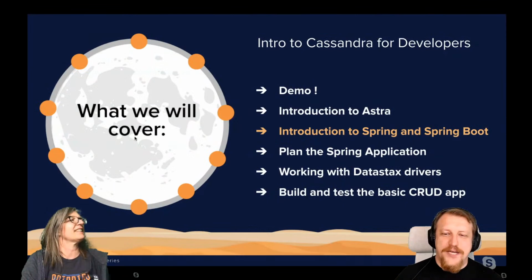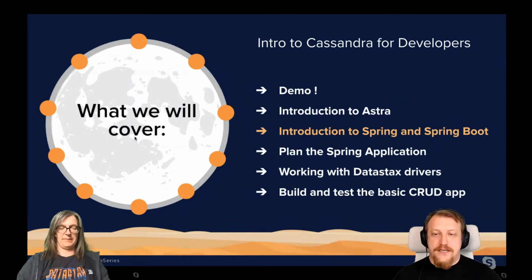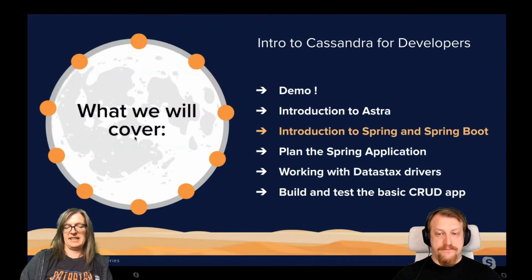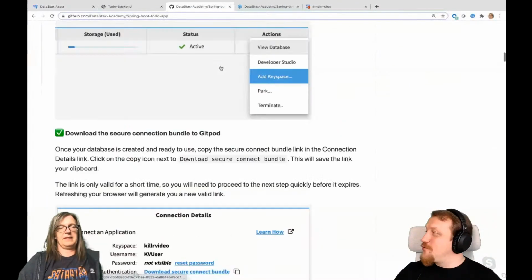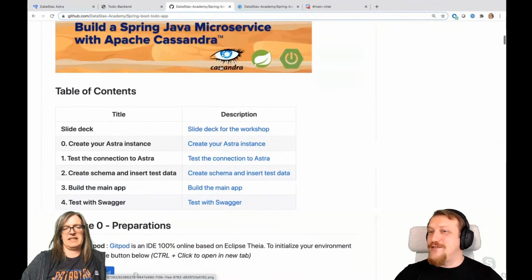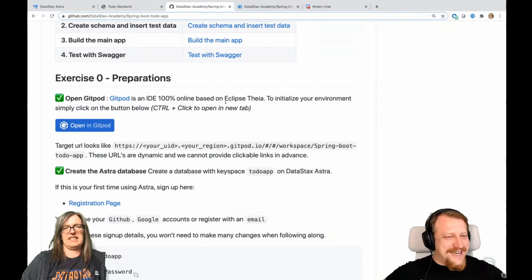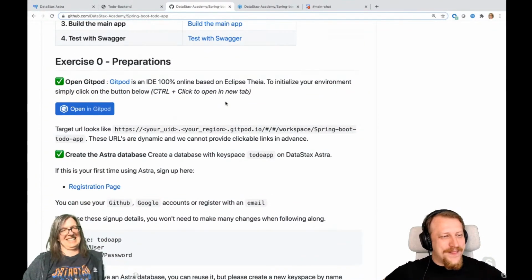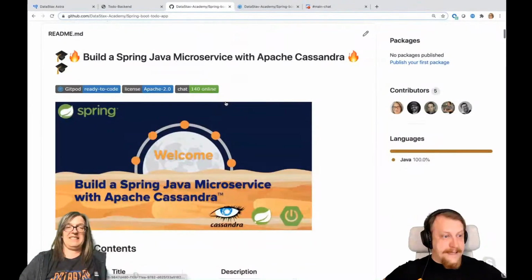I see a question, how to launch Gitbot. Would you please show how to launch Gitbot? Yeah, I'll show you again. Let's go into this one. Take a look, Bettina. To launch an application with Gitbot is so easy. It was just a too quick demonstration. We have to do it again. Exactly. Honestly, I love Gitbot. It's really cool.